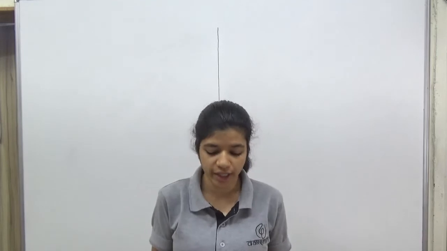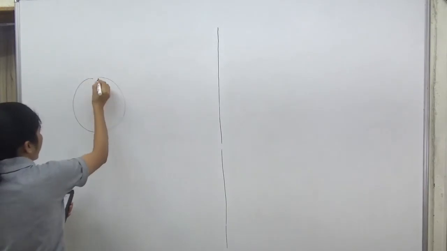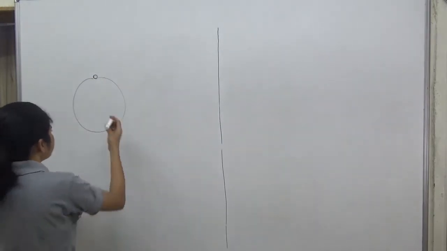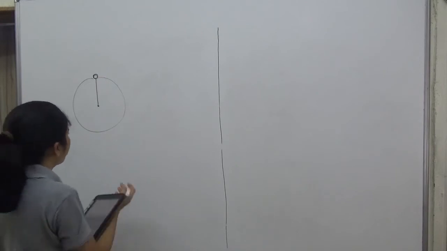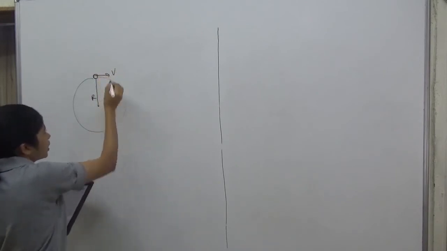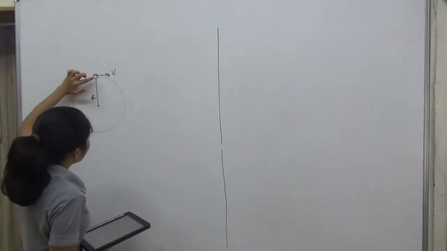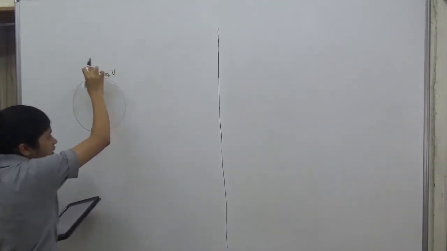Question number E12. A small disk is on the top of a hemisphere of radius r. What is the smallest horizontal velocity v that should be given to the disk for it to leave the hemisphere and not slide down on it? So we have a small disk which is kept on a sphere of radius r. Now we are providing some horizontal velocity to this disk, and they are saying that it should not slide down, it should not move like this. It should leave the contact from the sphere at this point itself.